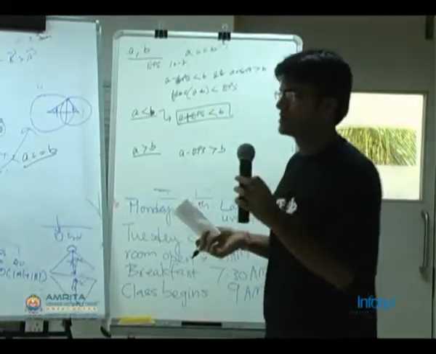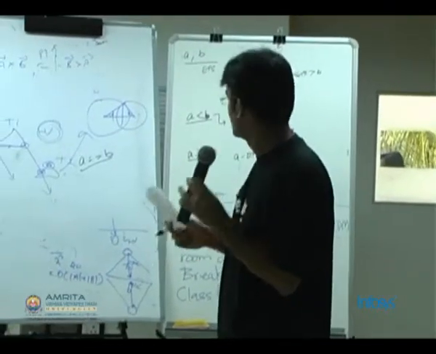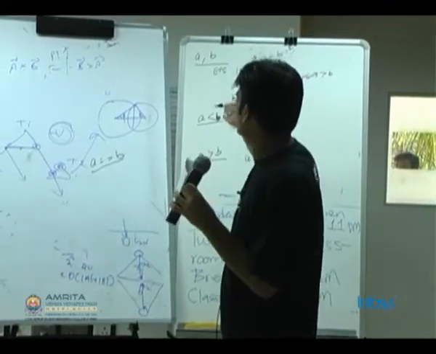Okay. For less than or equal to what? Sorry? For less than or equal to what? Yeah, you can check separately for A less than B and A equal to B.